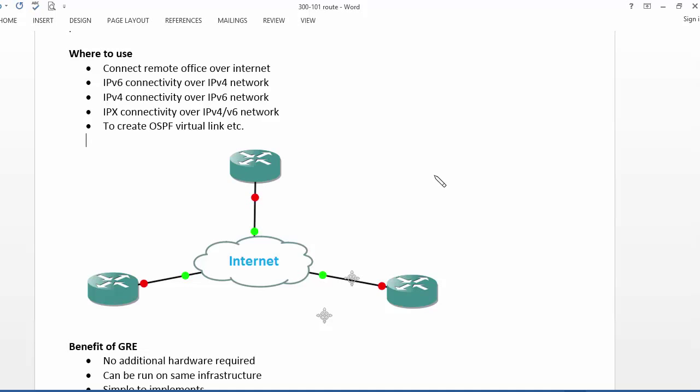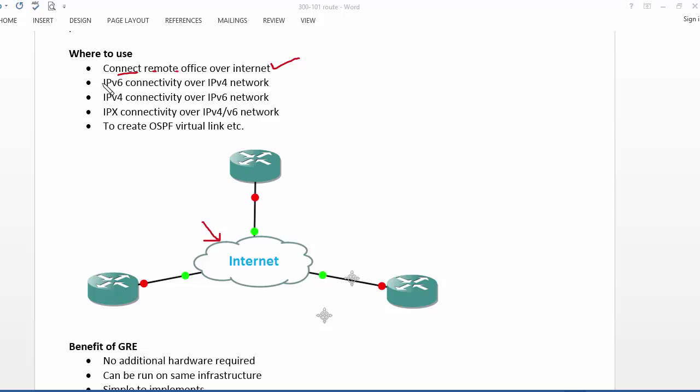As I told you earlier, VPN basically means if you have internet connectivity, why are you going to take the service of MPLS, which you're going to pay more for, or Frame Relay, or a leased line, if you already have internet connectivity. Suppose you have multiple remote sites and you want to connect them. If you have internet, you can run some sort of tunnel or VPN. So if we're talking particularly about GRE, we can connect remote offices over the internet if we already have internet connectivity,